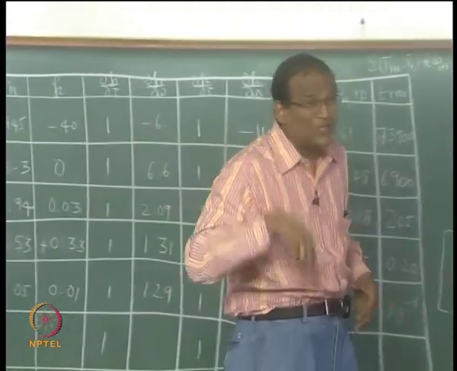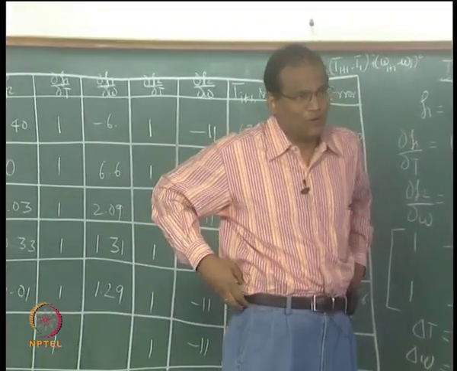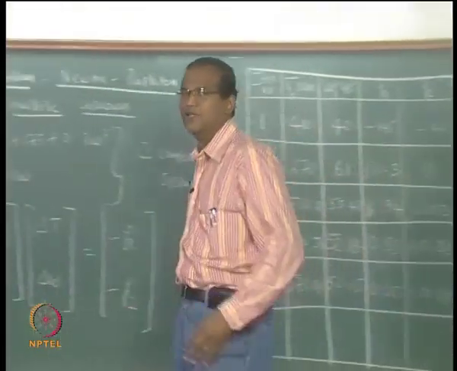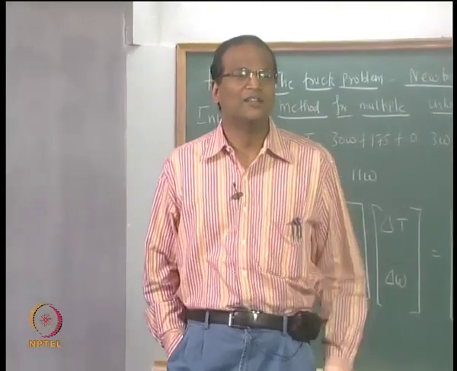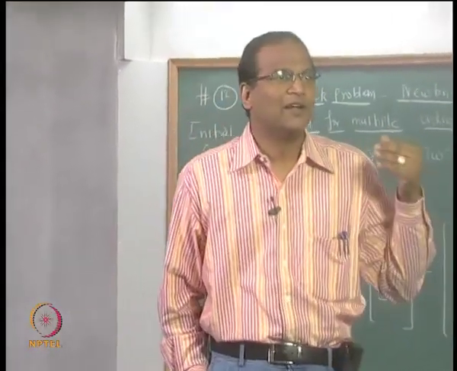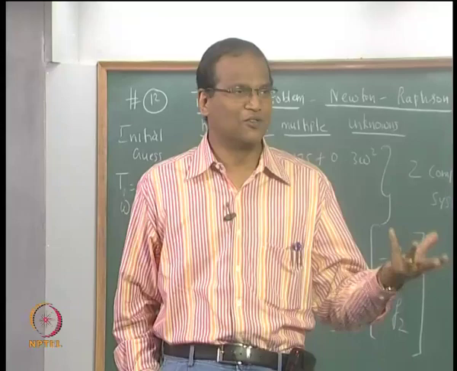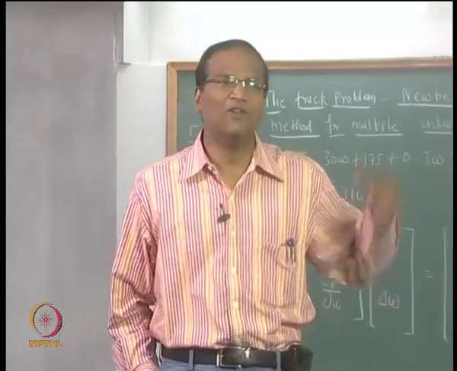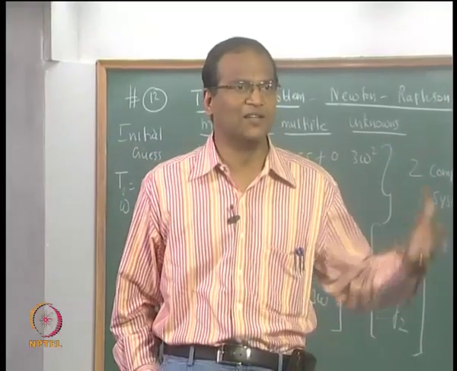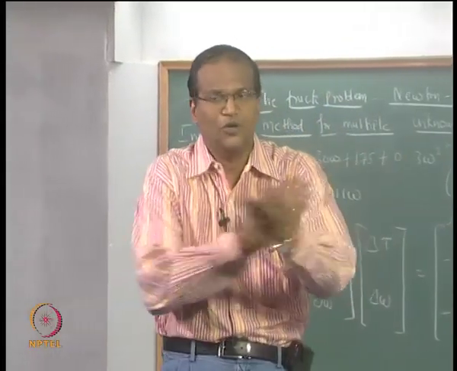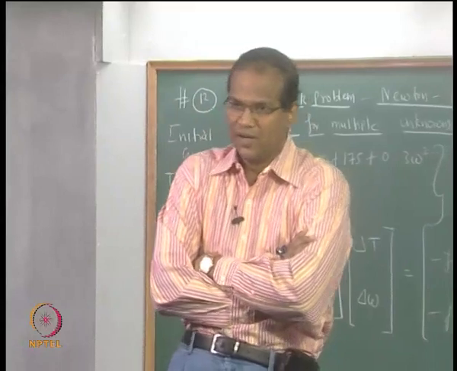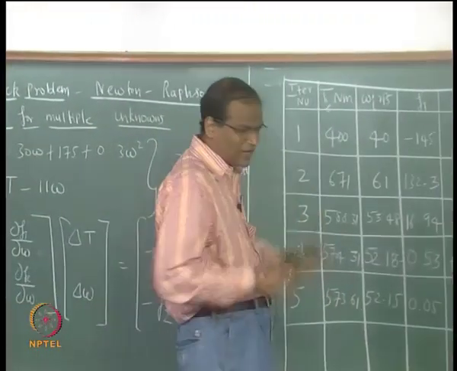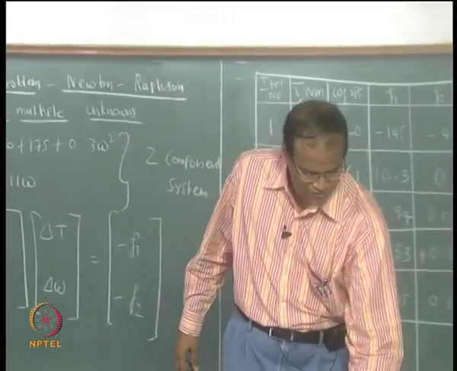Once you start solving problems, once you do your project, whether it is BTech or MTech or PhD, or when you get into this business of computing, you will realize that it is not so straightforward to decide on the stopping criterion and all that. Multiple checks have to be there. That is why we have grid independent study, you have validation, there are so many things which your solution has to satisfy. So this gives you an idea of how to use Newton-Raphson method for multiple unknowns.